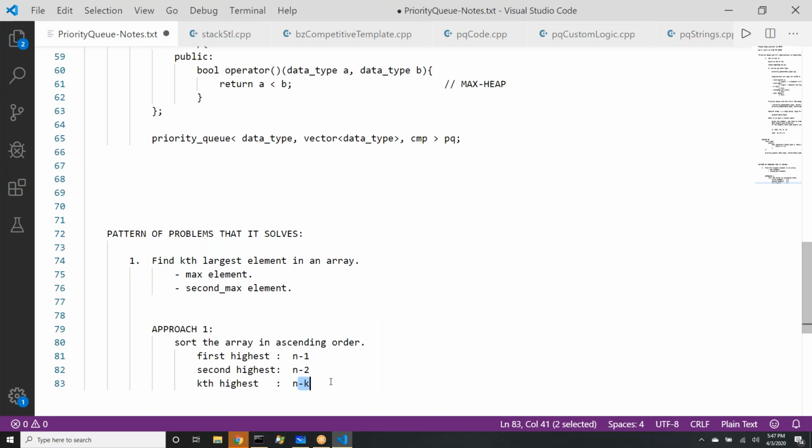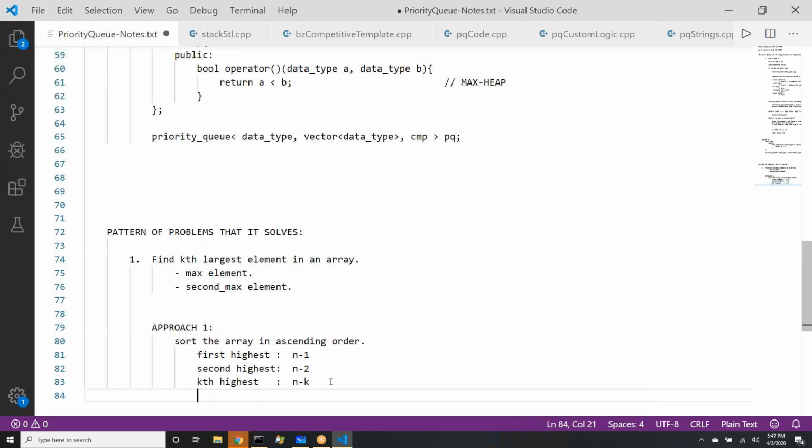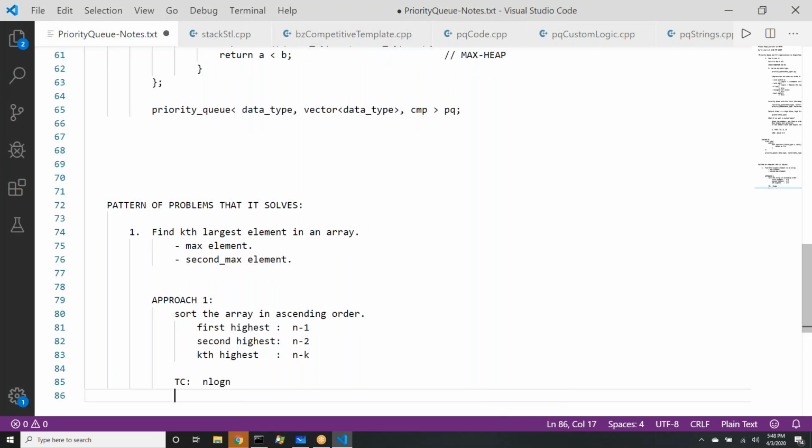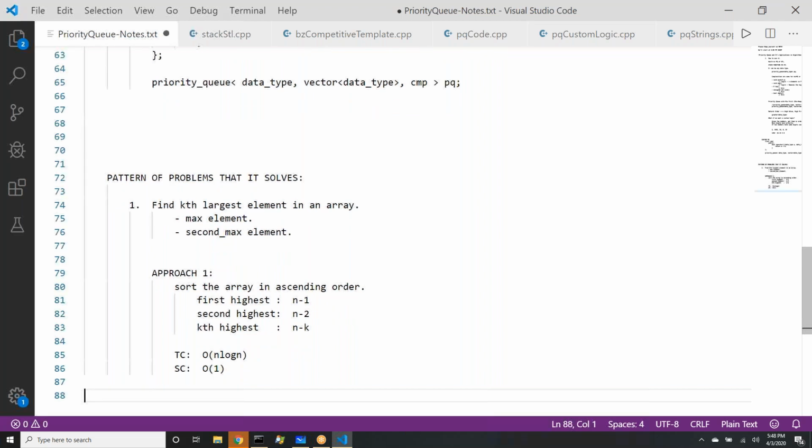Okay. Sirisha is suggesting something. She says insert elements in the priority queue and keep popping the element. Wow, that gives another approach. So what she says is let's not sort the entire array. Why? Because if we sort the entire array, what will be the time complexity? What is the time complexity of sorting? N log n. And after that, finding kth element will take how much time complexity? Once you have sorted the array, how much is the time complexity of accessing n minus kth index? It is 1. So overall complexity becomes n log n, and space complexity is big O of 1, because if you use the built-in sort function, we do not require extra space. So this is what our first approach is.